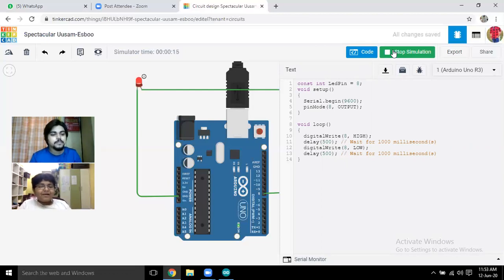On my breadboard, to make the LED flash, I have to do so many things. And in this, we can do it in one go. Yes, this is simple, just like writing the code.